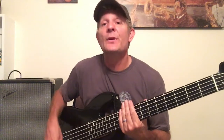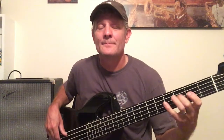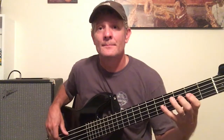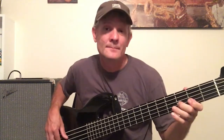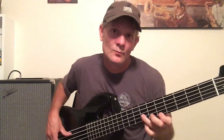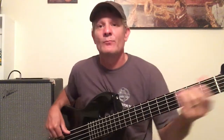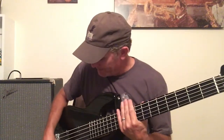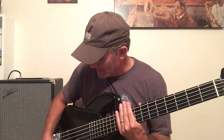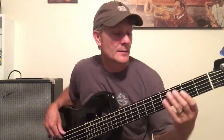Let's go with the bridge pickup. Okay, that's kind of what I would go with right there. Scooping those mids out, treble got down. Only thing I might change, I like that back pickup. Let's go with the